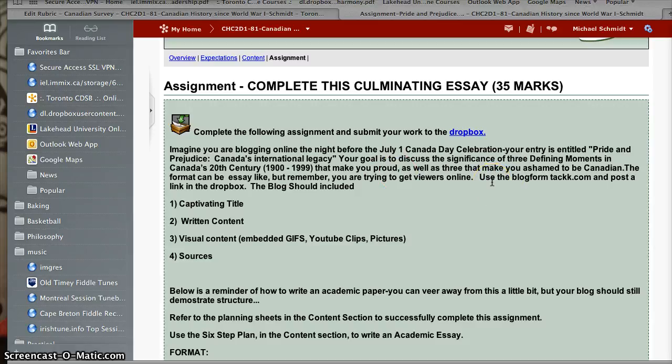So again, this is not a formal essay where you need to have a thesis statement that really brings everything together and you're judging history. Your judgment is your ability to choose 3 meaningful